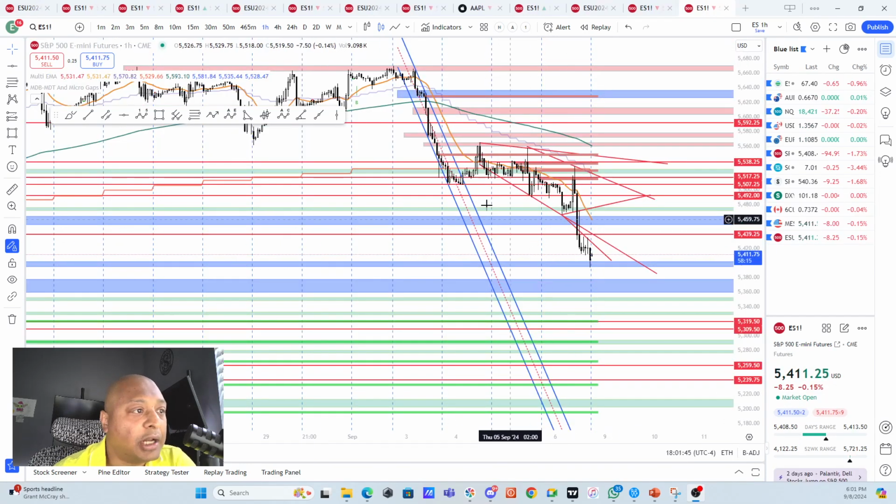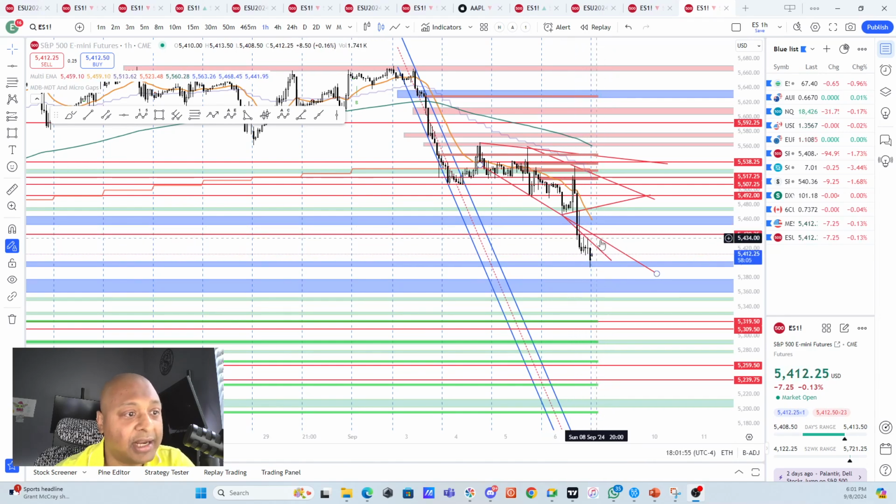So looking at the 1-hour chart, we can see that we have multiple trend lines right here. If the price is able to get above this 5440 area, which will cover this trend line as well as this trend line, then mostly we will come to this consolidation zone on the 1-hour chart, which is between 62 and 52, these 10-point areas.